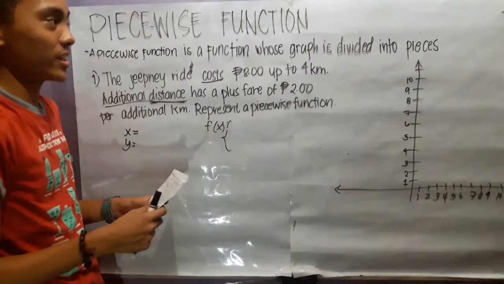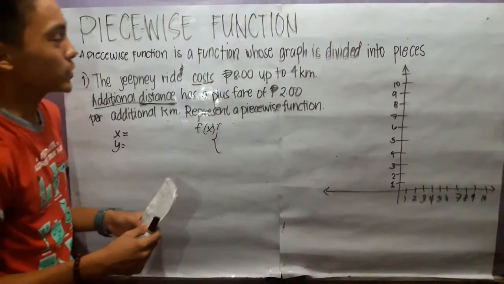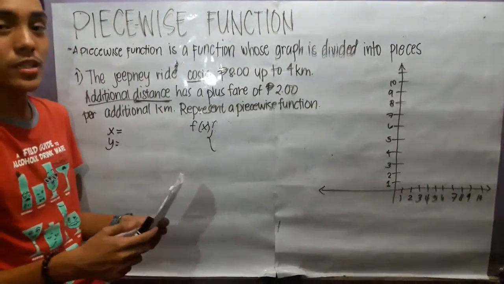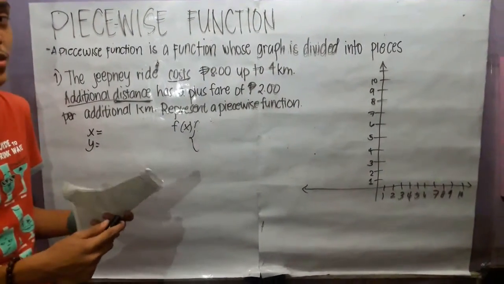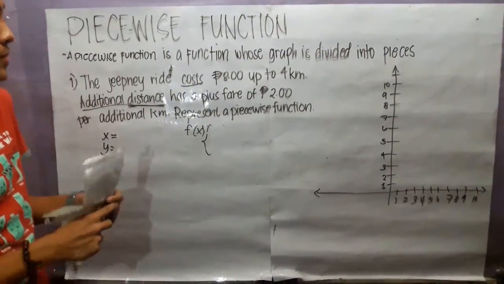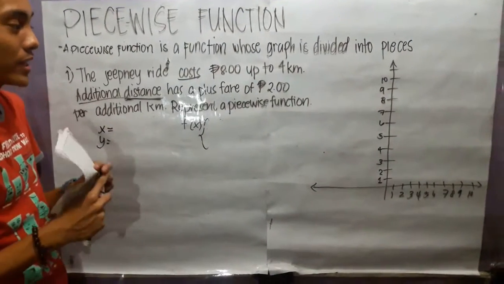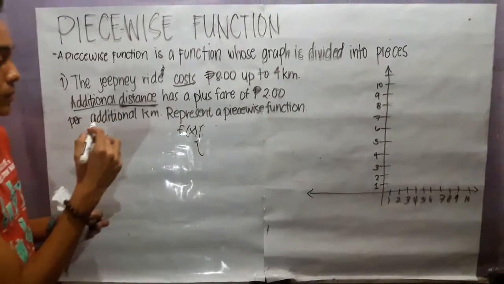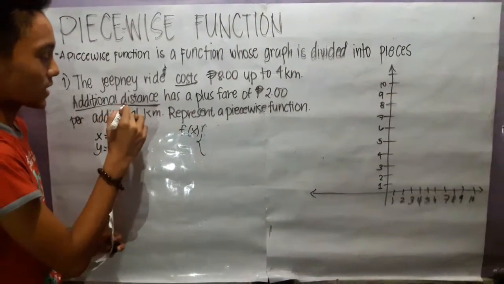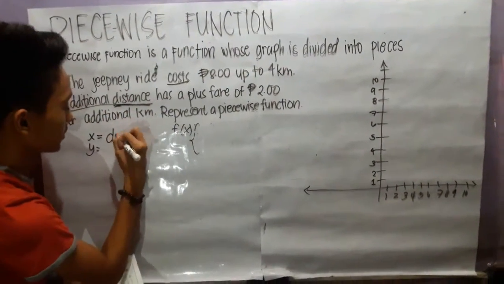Hello guys, now we're gonna study about piecewise function. A piecewise function is a function whose graph is divided into pieces. Now I have here some examples of a real-life situation including piecewise function. First, we will identify the variables of our problem. X is the distance, so we're gonna write it here,